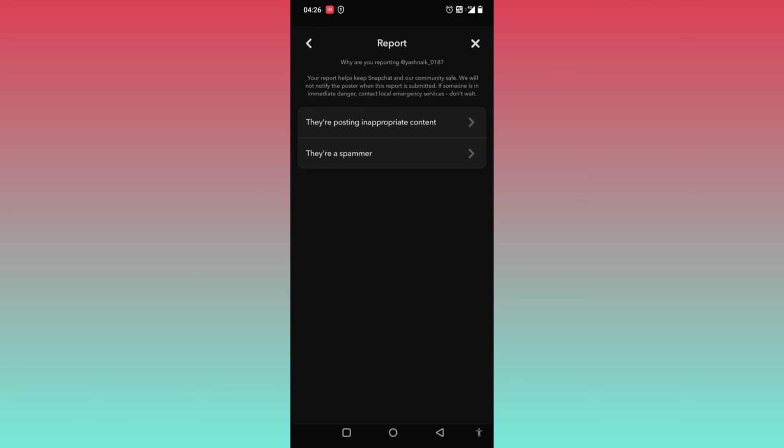But if you want to take it one step ahead and make sure their account gets deleted, you can go on your Google Chrome browser and you can search for Snapchat support. And once you click on Snapchat support, you will find an option of reporting someone else's account, and you can report someone else's account and fill in all the details, and they'll give you a specific briefing of what exactly that account is doing. Then you can fill that account's username and they will make sure to take that account